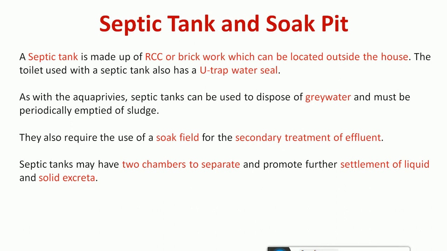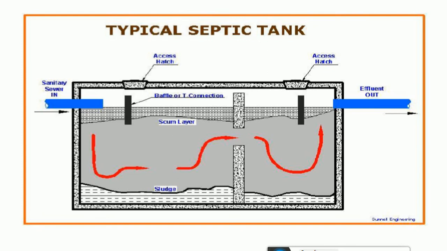So it is a tank as shown in the figure here. Usually it will be below the ground. Here the waste from a single house, a multi-story apartment or building, or a small cluster of around 1 to 20 houses goes into this septic tank. So depending upon the capacity it is designed. The waste is allowed in, and it has baffle walls. It is a septic tank with two chambers.